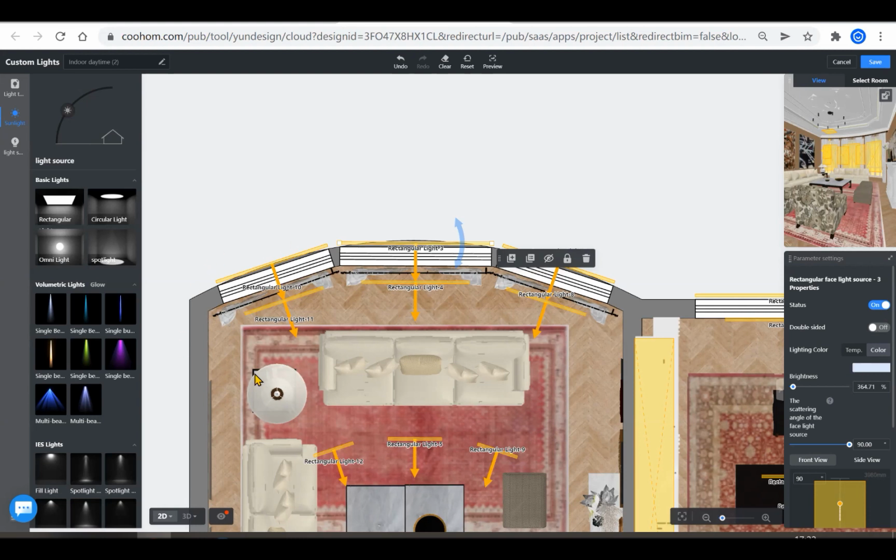Here you can see all the surface lights are one-sided, so the arrow points to the side it is illuminating. And if I click double side, both sides will illuminate. That's what it means. And then about light color and temperature, you could pick a color that is